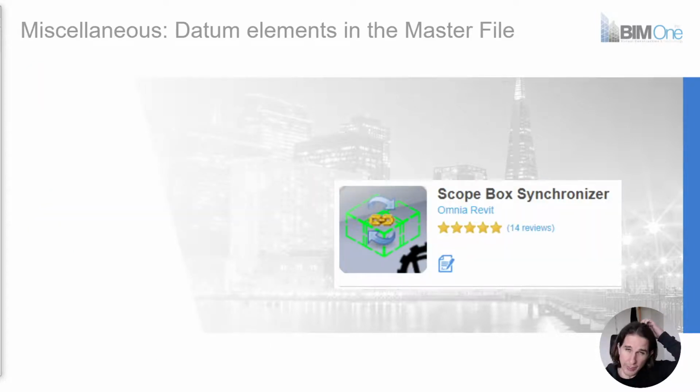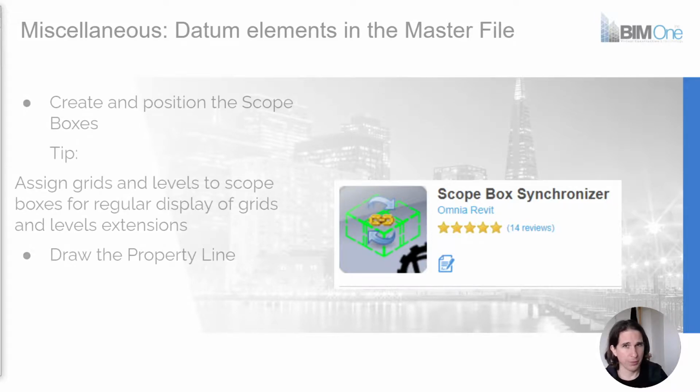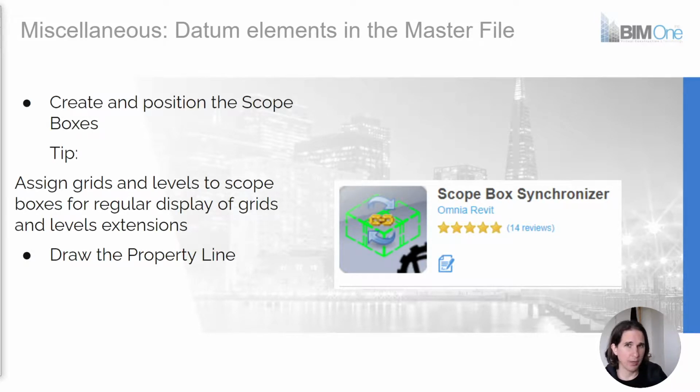One quick trick as well, and also some extra information. The picture I'm showing you is a pretty nice plugin that allows you to synchronize your scope boxes between links, which is pretty useful. It helps you synchronize the shape, the location, and also the name, and tells you whenever it's not matching. So in your master file, you want to have your scope boxes, and you want also to assign the grids and levels to scope boxes to get a regular display of the grids and levels